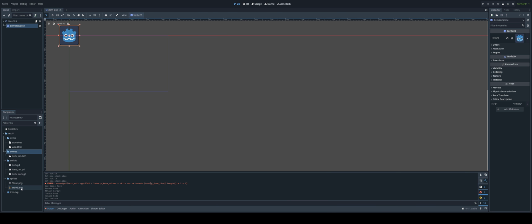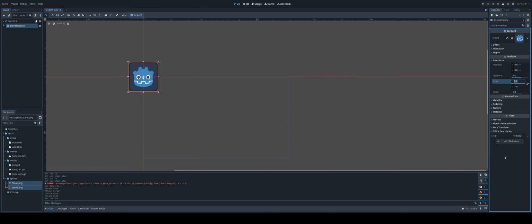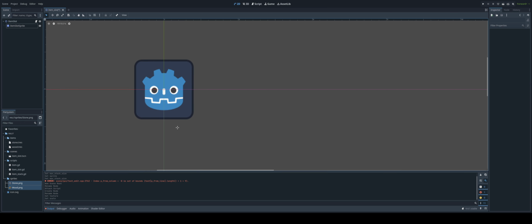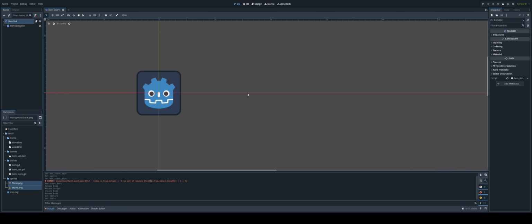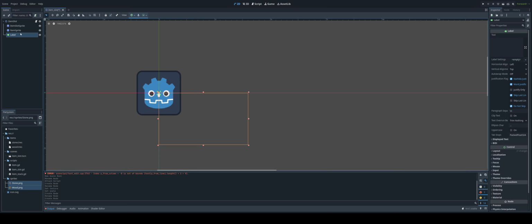And just because my placeholder sprites are 16 by 16, and I want some margin between the item slot's boundary, or border, and the item, I will make it 20 by 20, which I would just need to scale it as such to make it 20 by 20. Next up, we can add a sprite for the actual item. And let's add a label for the stack size,